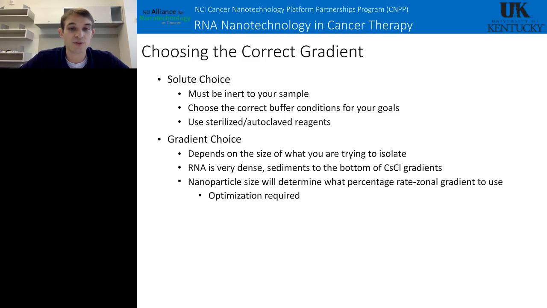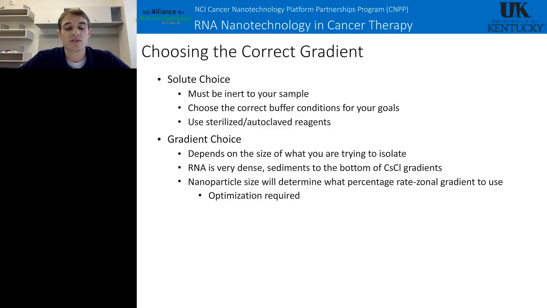You need to choose the correct buffer conditions. For example, RNA, like I discussed earlier, is susceptible to degradation by RNases, the nucleases. However, these nucleases are divalent metal ion dependent. So whenever we do this, we do this in TE buffer, a buffer that contains EDTA, so it will chelate these divalent metal ions and prevent the degradation of your RNA.